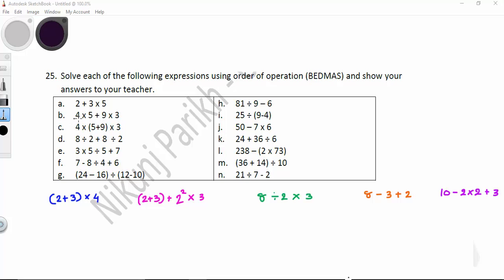If you want, you can perform the operation from left to right and then right to left and compare your answers. So, to avoid this kind of ambiguity, certain rules have been laid down. You have to follow certain rules when you have multiple operations involved. And what are those rules? Those rules are called BEDMAS. What is BEDMAS? BEDMAS stands for something. So let us understand that.